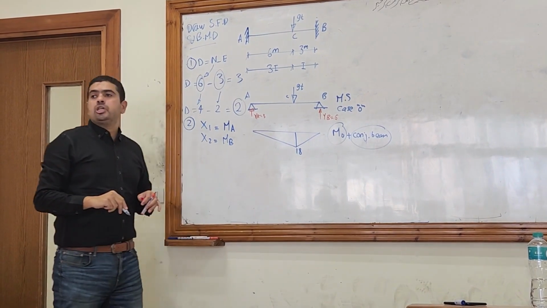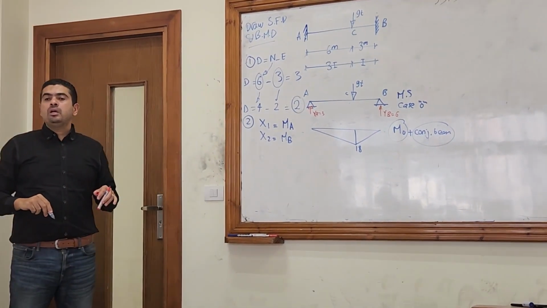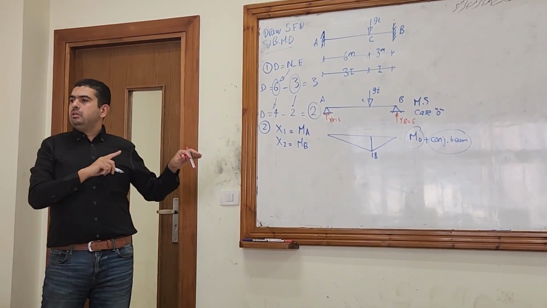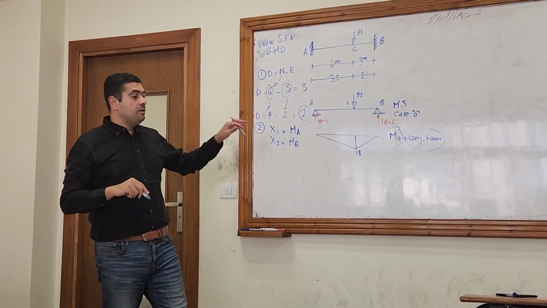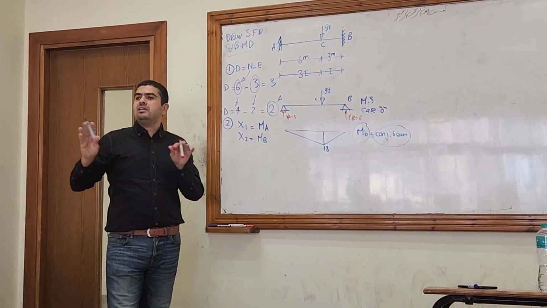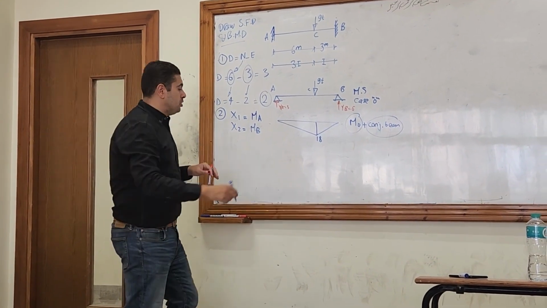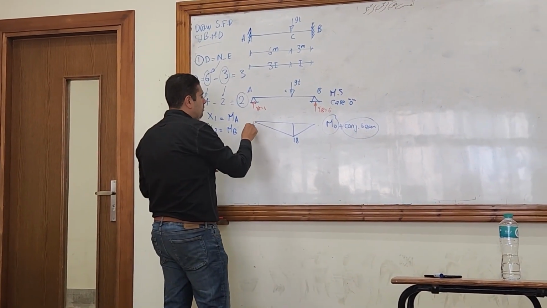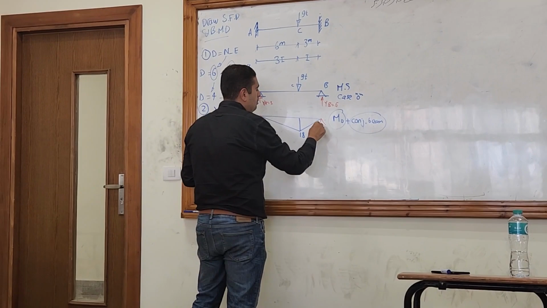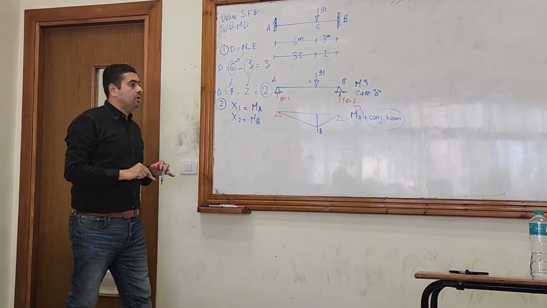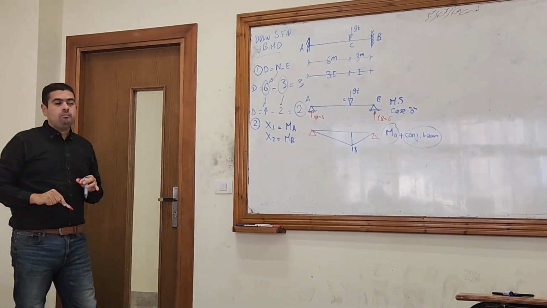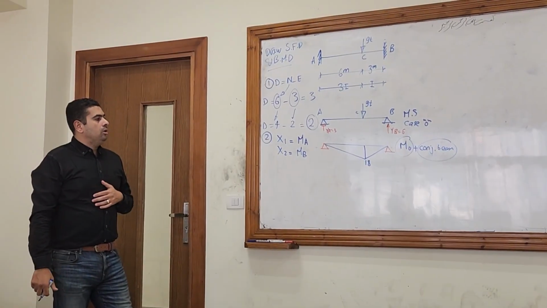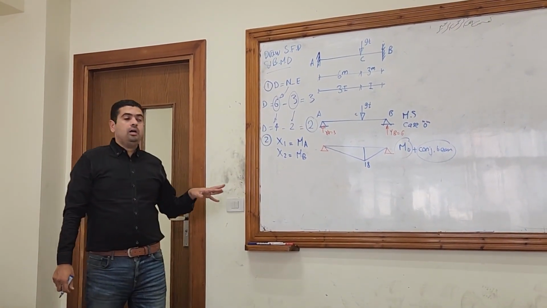What will be the conjugate beam of the simple beam? Remember the table, the last example? For the simple beam, it remains the same in the conjugate beam. So here, the conjugate beam will be the same as the main beam. So now,